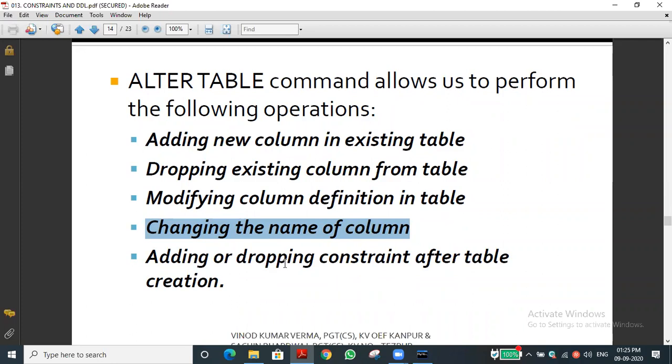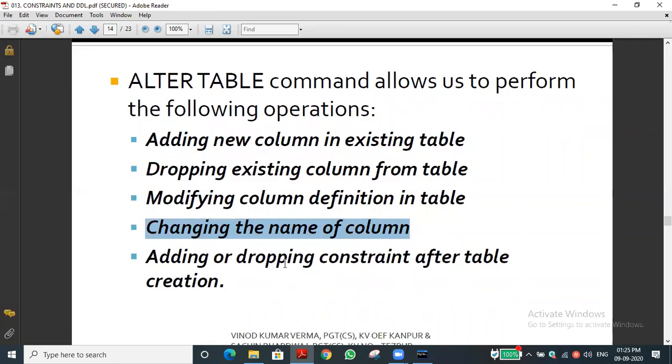Once you have inserted the records, afterwards we can of course add constraints, no doubt, but many problems may arise. That's what I'm saying: it is not recommended after creation, after inserting the records into the table. We should avoid setting the constraints and keys, primary key and foreign keys, afterwards as much as we can.